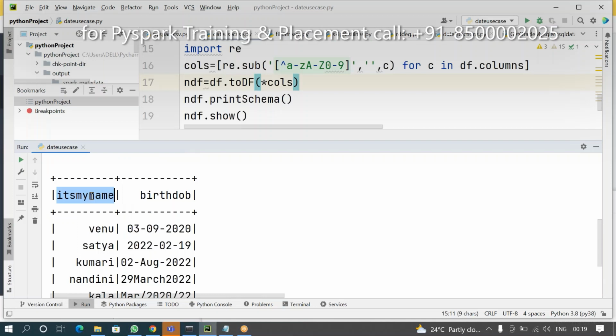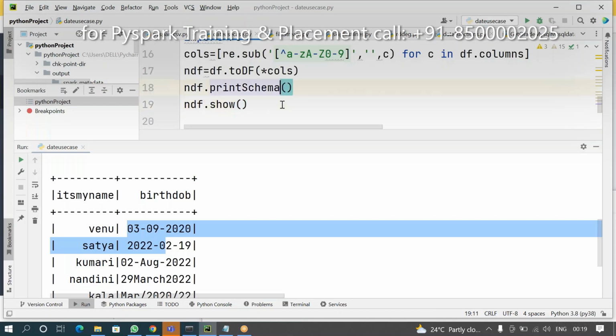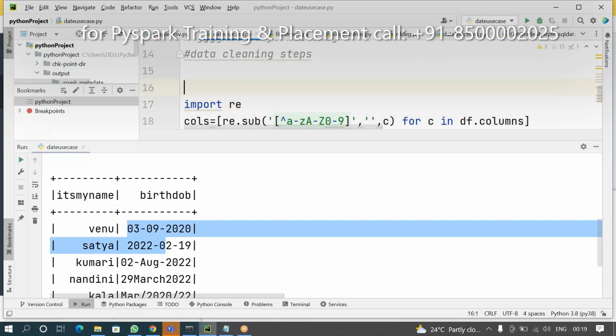It's my name. Birth or DOB. But the DOB like that, everything, special characters, everything removed. Similarly, what about this data? Here you have different things. In this scenario, you must create a function.